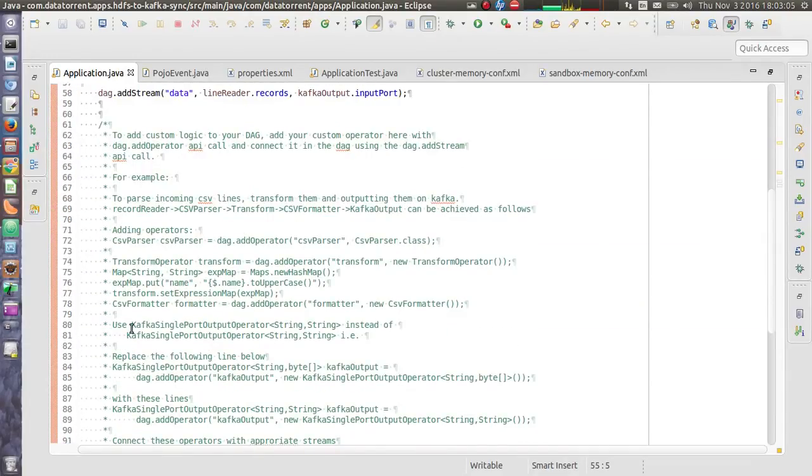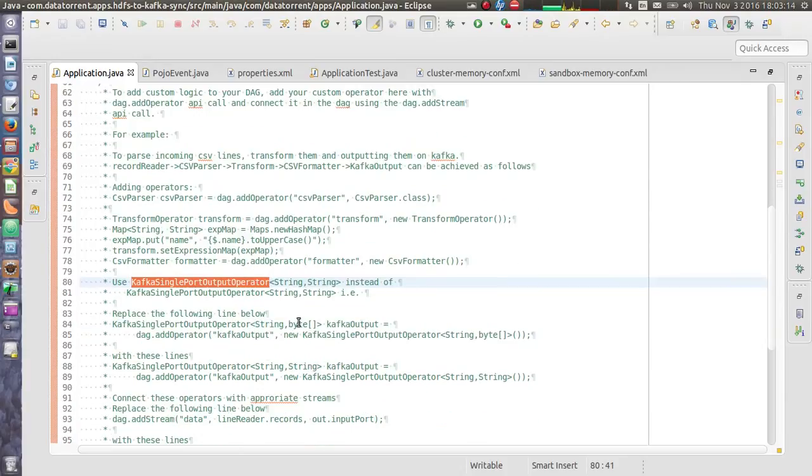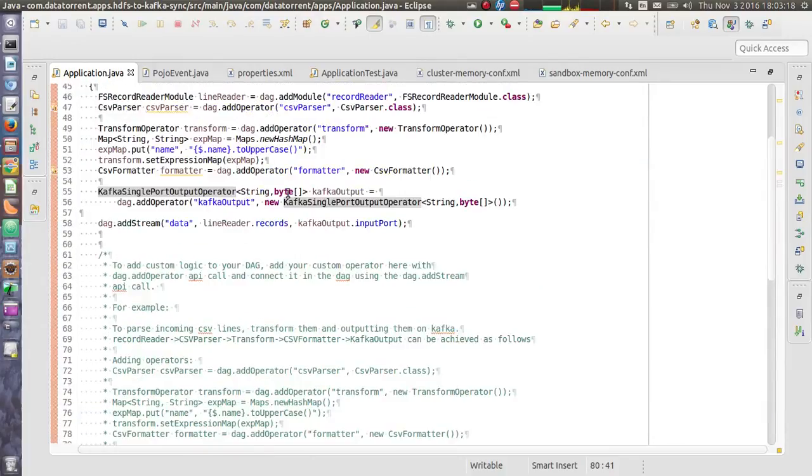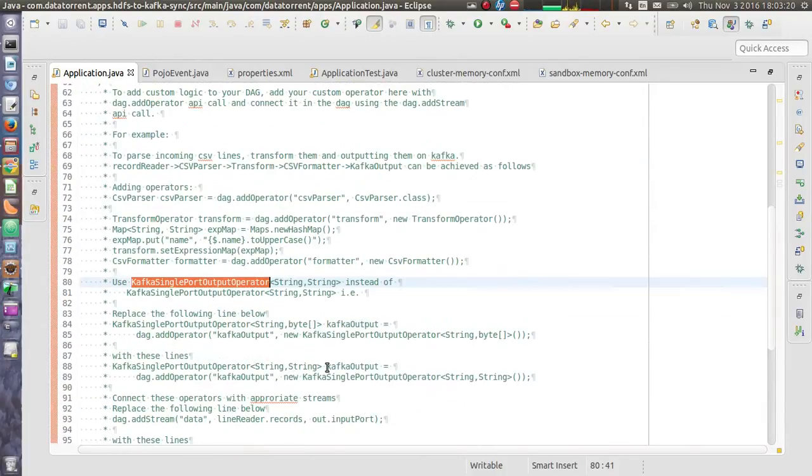There it says that use Kafka output operator for string instead of byte array. So we will replace this byte array with string.